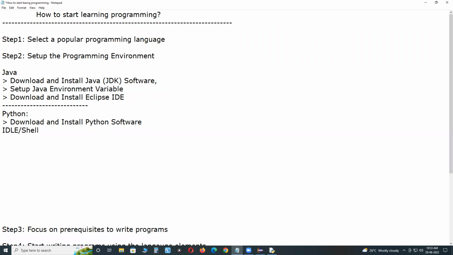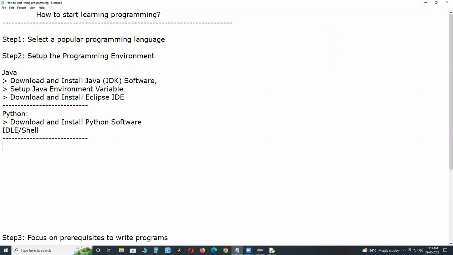Using that Python IDLE, you can write Python programs and execute them. If you want to use Python for commercial use, to develop Python projects, for that you may use PyCharm, an IDE like Eclipse IDE. Otherwise, IDLE is enough.